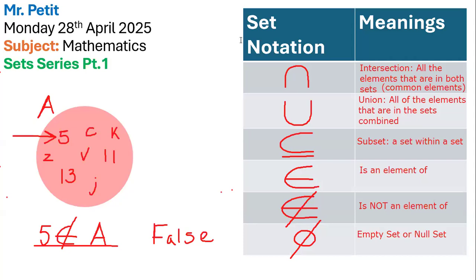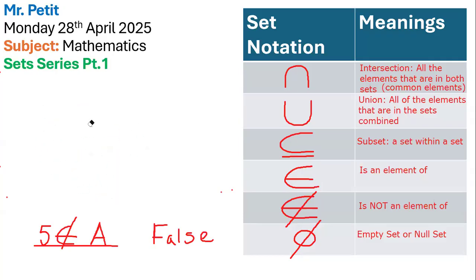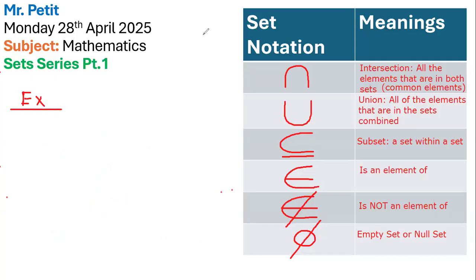Amaya. All right. Now, give me an example of an empty set. So an empty set is going to be a set that doesn't have any elements in it. So let me give you all an example. Examples of empty sets. Number one, the set of cows that jumped over the moon